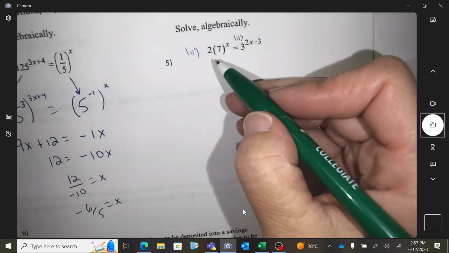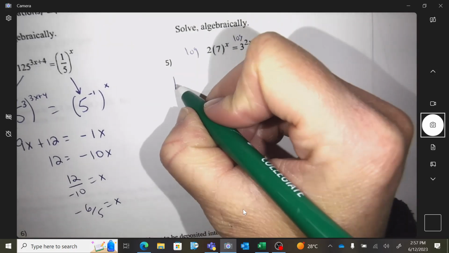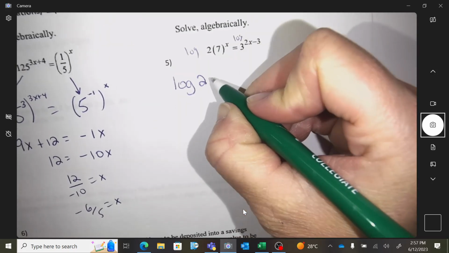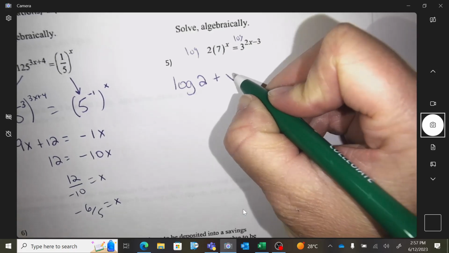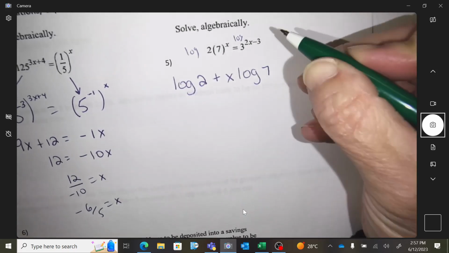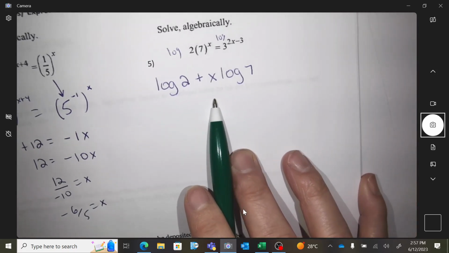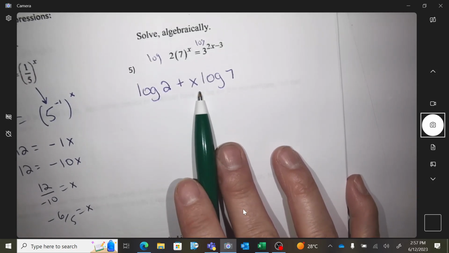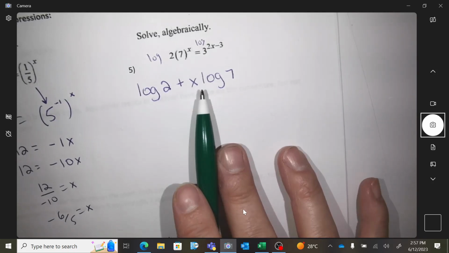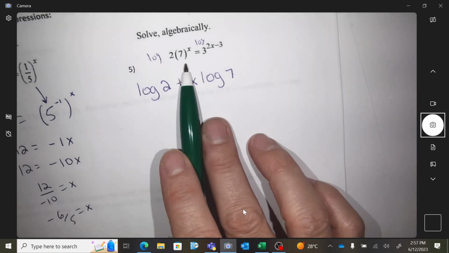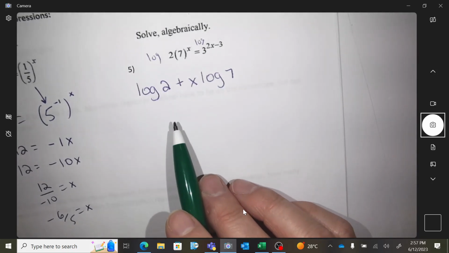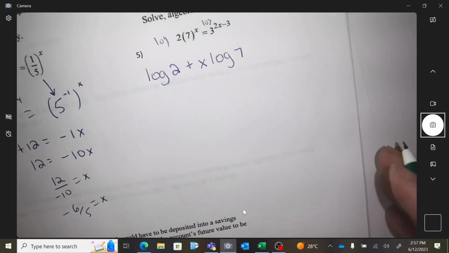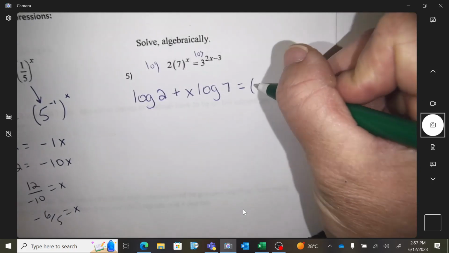Okay. How do you separate this side? Log 2 plus x log 7. The exponent x has nothing to do with the 2. Do you see that? The x is only attached to the 7. These got separated because it's this times 7 to the x. And on this side,